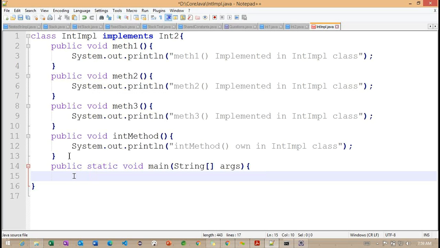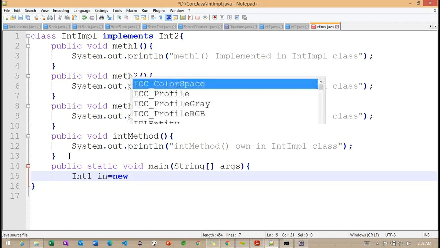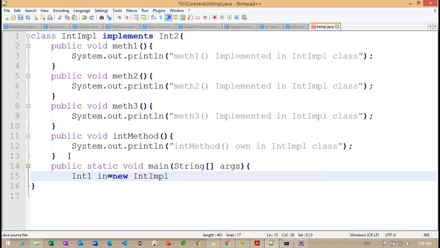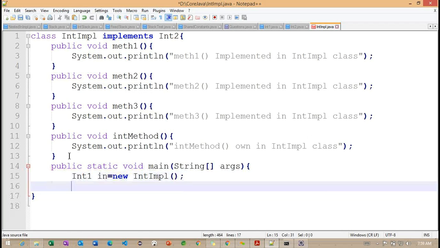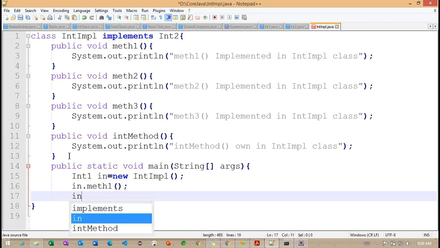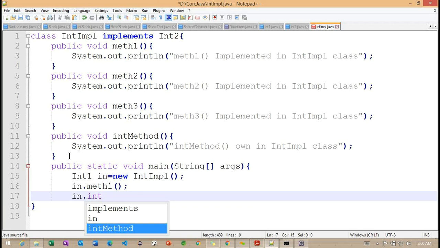Can we create int1 of type int, equal to new int IMPL? Yes, we can create the object.